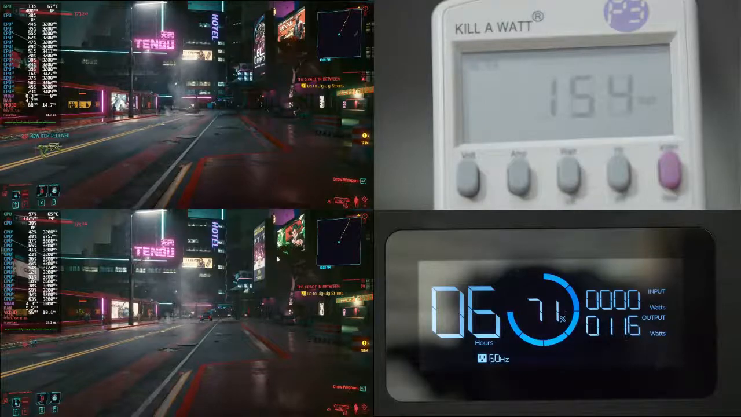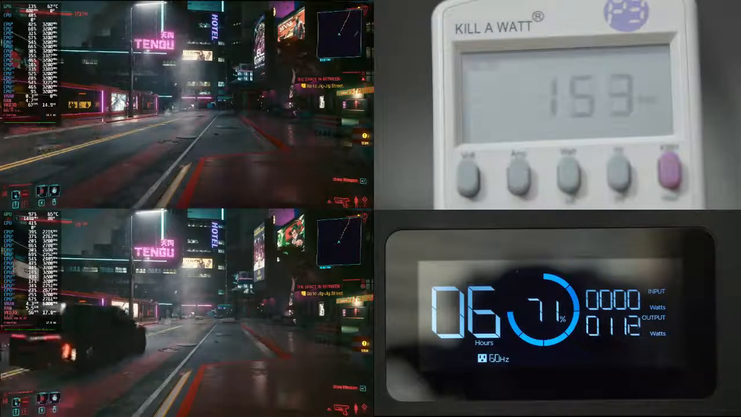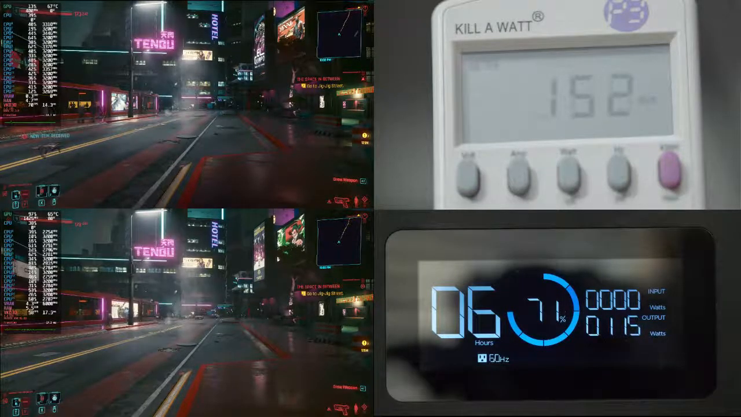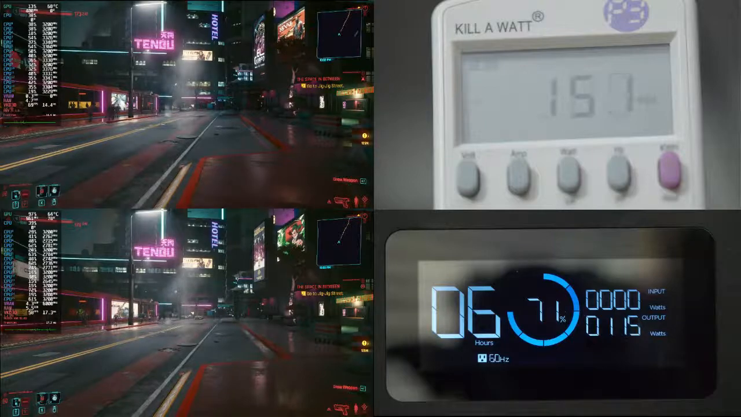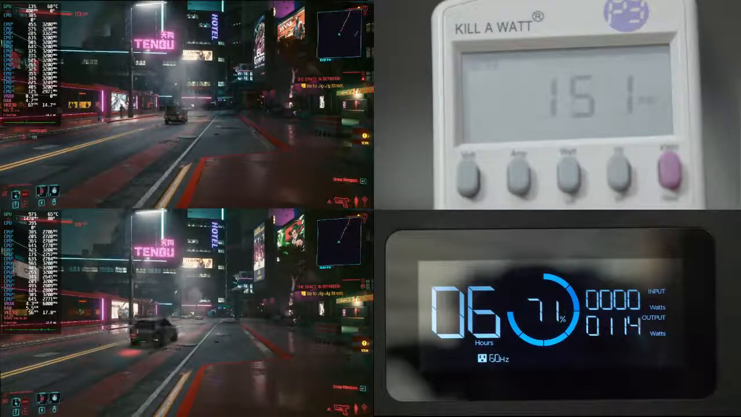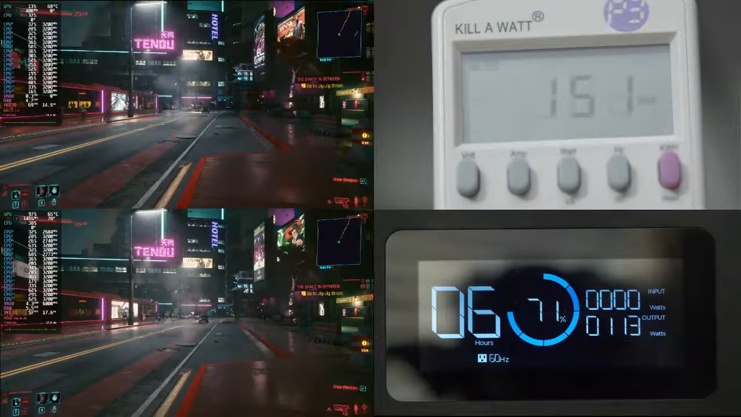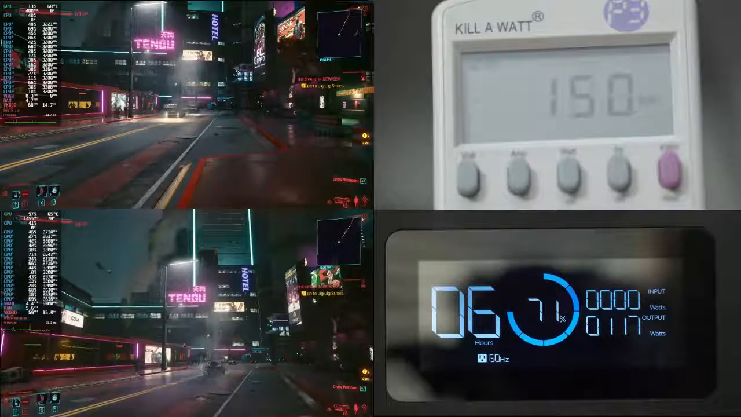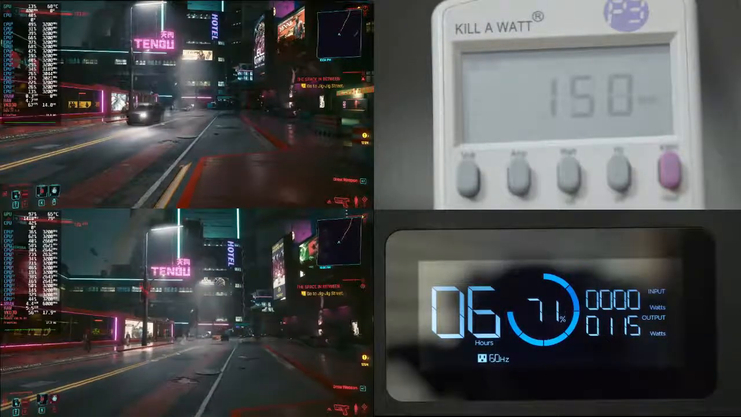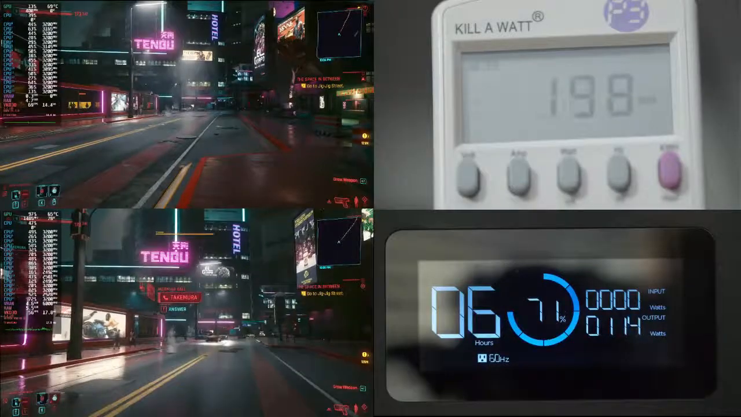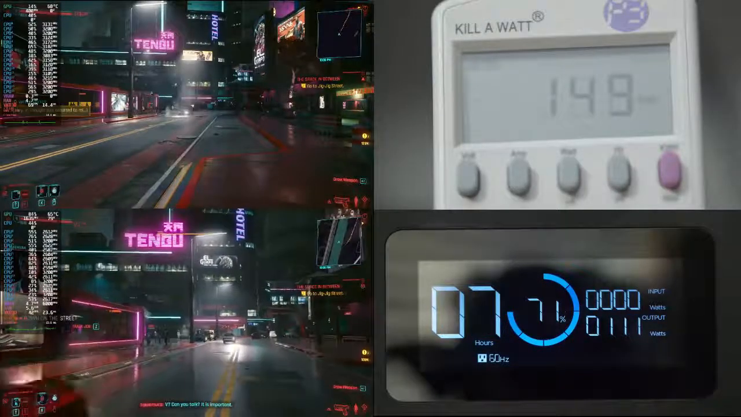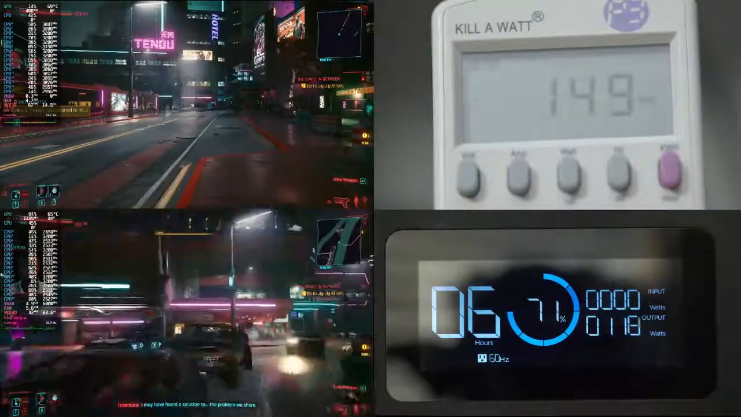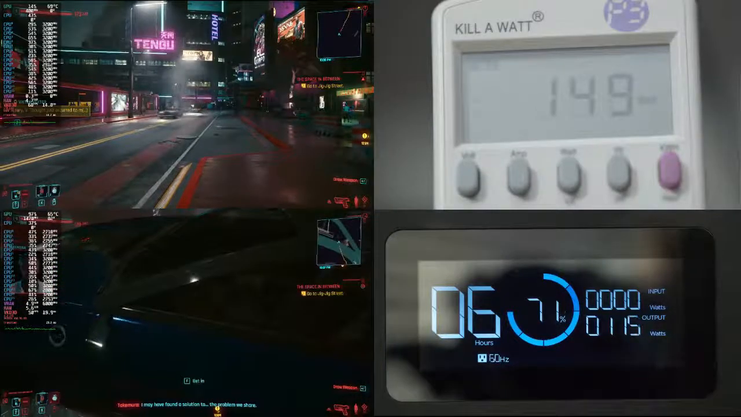Well, that did seem to lower the temperature or the wattage, but it's really only making a difference on Nvidia. Interesting. You know what? We're getting a lot lower power on Nvidia once we did that. I think what's happening,